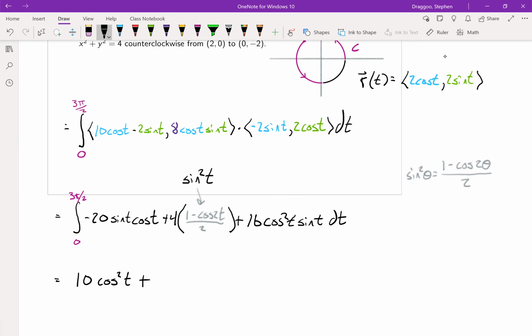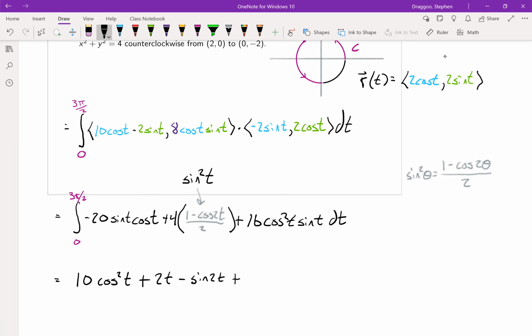Plus, into that next piece, we have a constant term and we have a cosine 2t term. That constant term will simplify to be just 2, which means we've got a 2t minus the integral of cosine of 2t, which should be sine of 2t over 2. Ultimately, that should just be sine of 2t. If we combine the over 2 that was already there, the over 2 that we get from the chain rule, and the 4, it all combines to be just 1. So sine of 2t